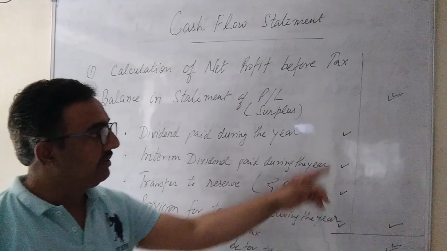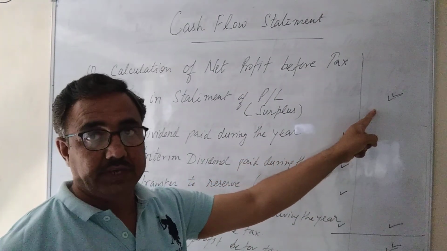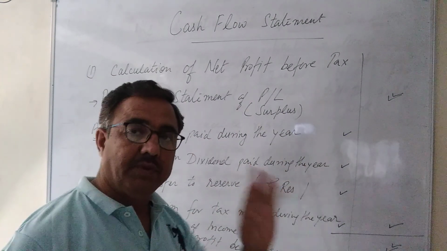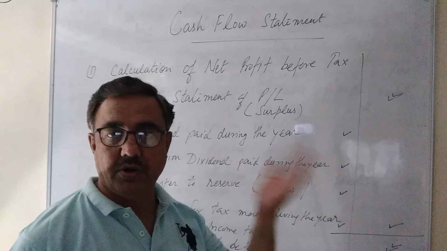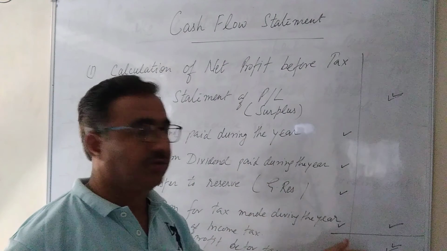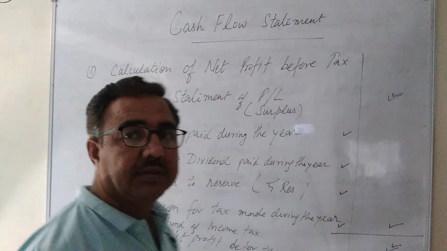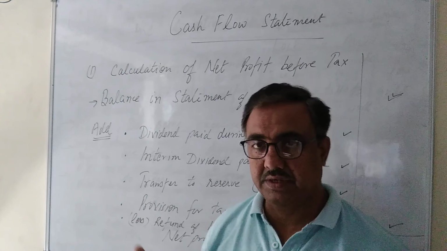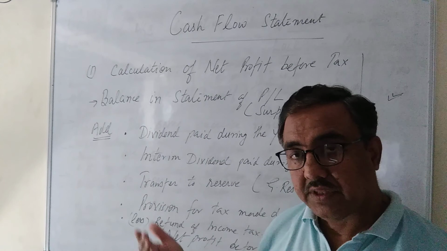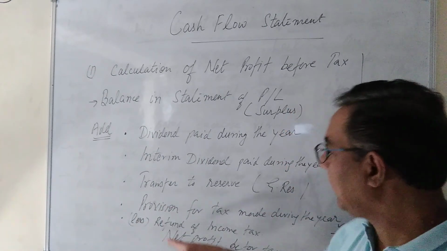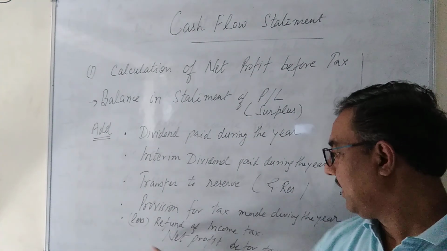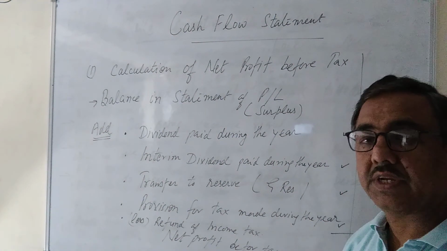All these points, we write outside this net profit surplus amount which we have got. These four items, maybe one is given in the exam, two or three, maybe all are given. Get their total. Then we have to write its total over here. Sometimes what happens, there is a refund of tax. When we paid tax, if we have paid more, then we may get a refund. So that refund of income tax we subtract from it. And at last we get net profit before tax.